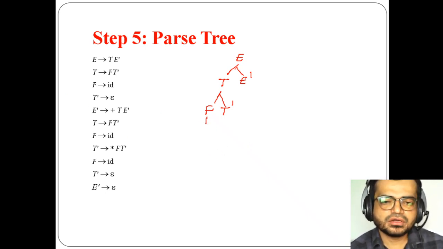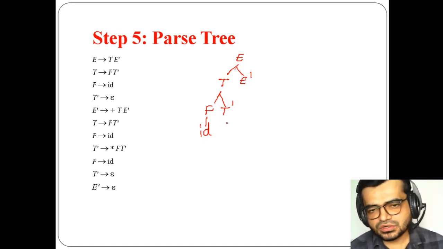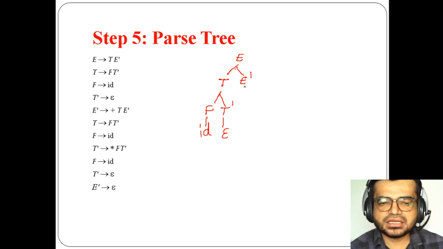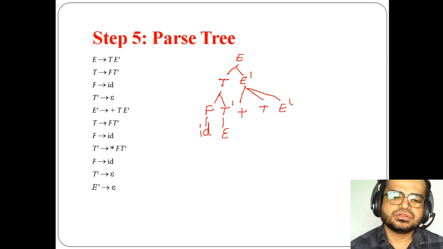id. So you have to open this. So you got id. Id means it is a terminal, so it is completed. Then again T'. Okay, so here T', what is T'? Epsilon. So here I am taking epsilon. Now next E' is there. So in E', what do you have to take now? You need to draw the parse tree. So here you are taking plus T and E', right? You have taken it in this way.